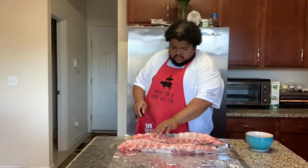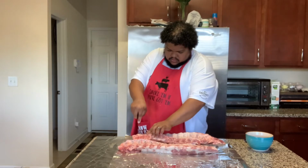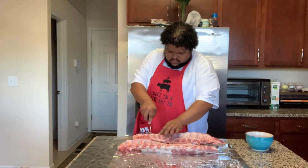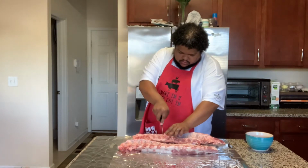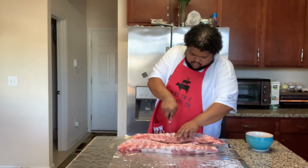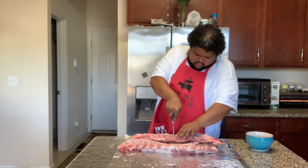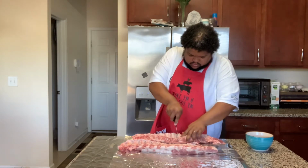The first step in the process is to prepare the baby back ribs that we're using for this. So we've already taken the membrane off the back of the ribs. And now what we're going to do is to help prep this for being able to be deboned later without overcooking the ribs. So we're going to start by scoring along each side of the bone. So you want to get a sharp knife and kind of just run down along each side of the bone,